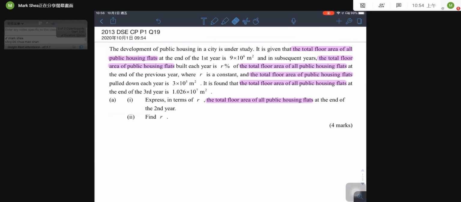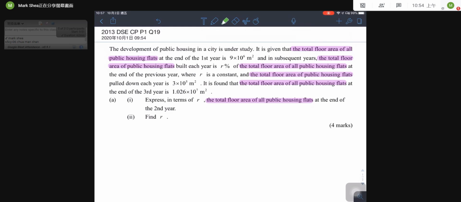This is 2013 DSE Compulsory Paper 1 question 19. This is a long question, and please highlight some keywords. The keywords in this question are the total floor area of all public housing flats. And